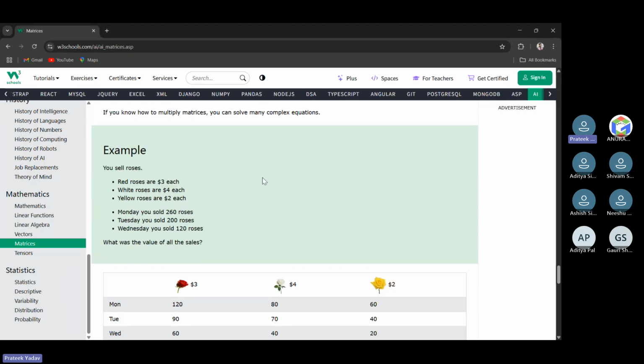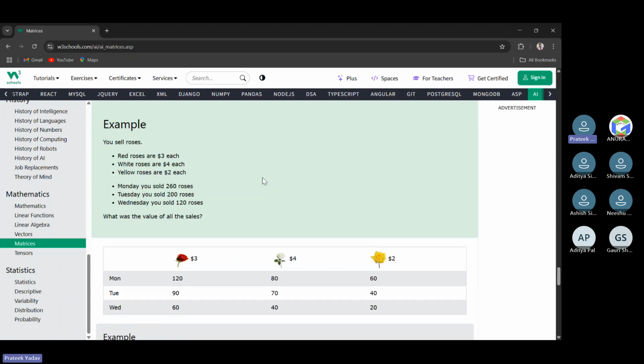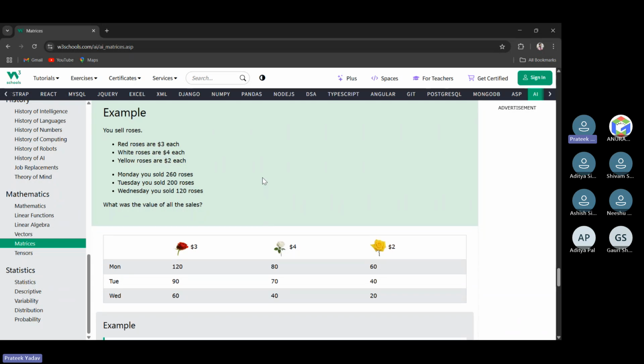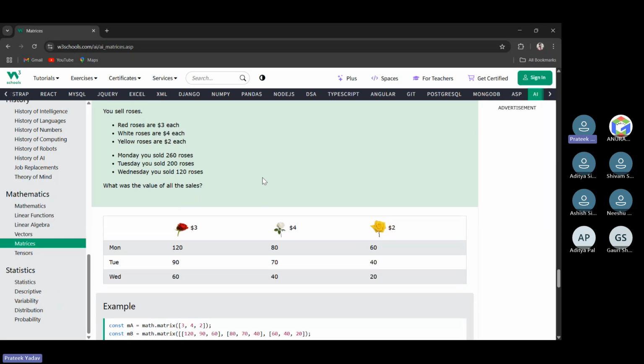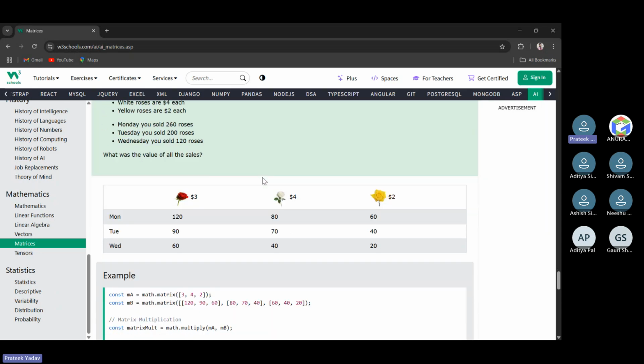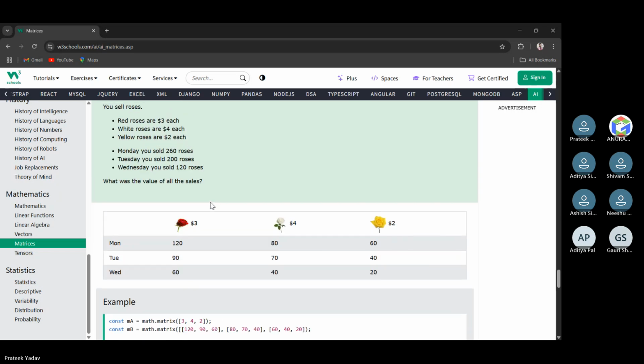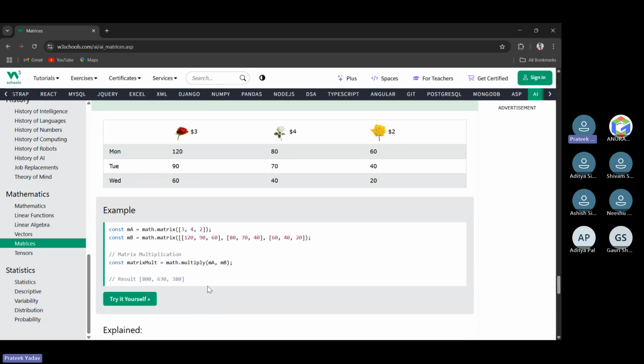If you know how to multiply matrices, you can solve many complex equations. Example, you sell roses. Red roses are $3 each. White roses are $4 each. Yellow roses are $2 each. Monday, you sold 260 roses. Tuesday, you sold 200 roses. Wednesday, you sold 120 roses. What was the value of all the sales? So Monday, Tuesday, Wednesday: $3 gives 120, $4 gives 80, $2 gives 60, and similarly for Tuesday, Wednesday. Example,